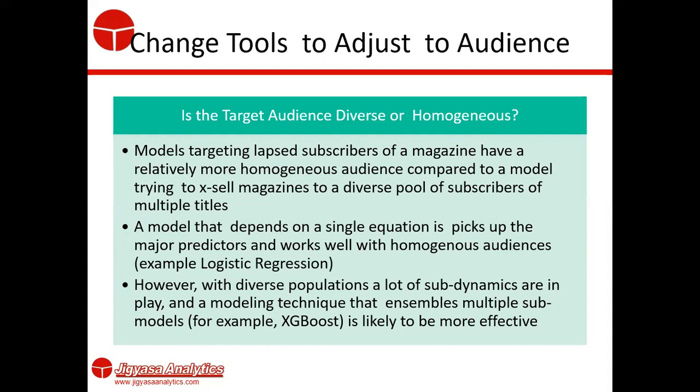If they are homogeneous, models targeting lapsed subscribers of our magazines have a relatively more homogeneous audience. Again, it may not always be true, but that's why I use the term relatively more. It is relatively more homogeneous compared to models trying to cross-sell magazines to a diverse pool of subscribers